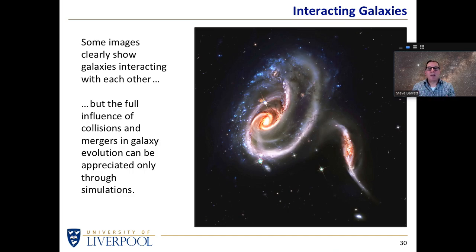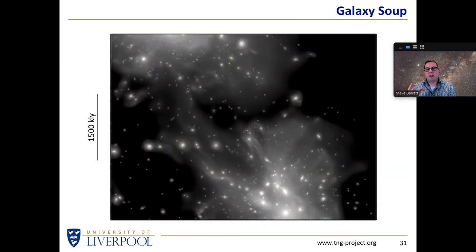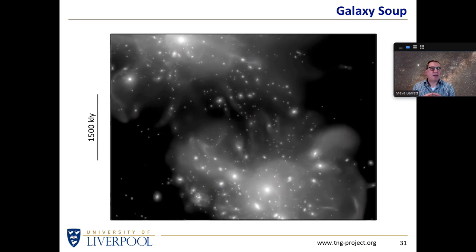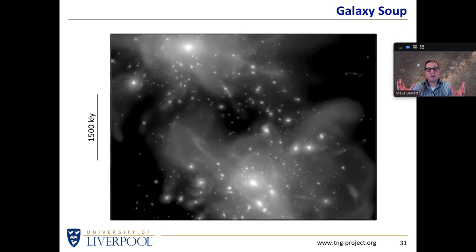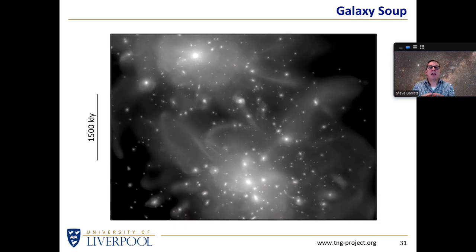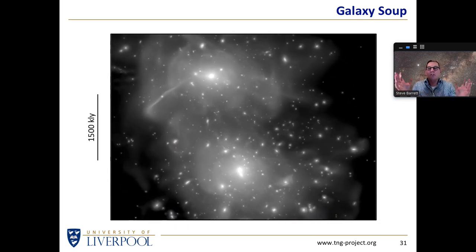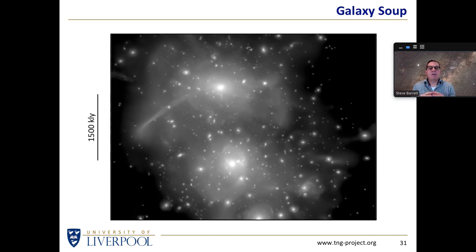To understand that, again, we have to go back to our understanding of, let's look at a simulation of what we think galaxies will be doing and see if that gives us a prediction of what we would expect to see in the sky. When we do that, we realise that galaxies are very definitely not static objects. Here we see a few hundred or perhaps a few thousand galaxies, and we see them all interacting with each other over a spatial scale of millions of light years.